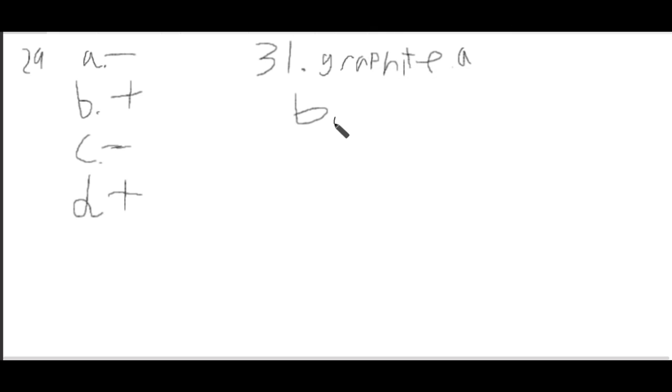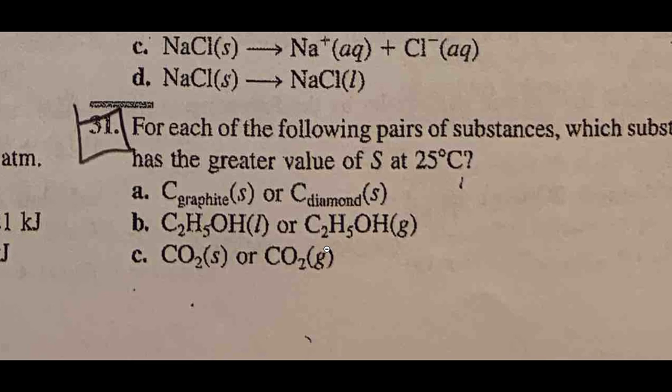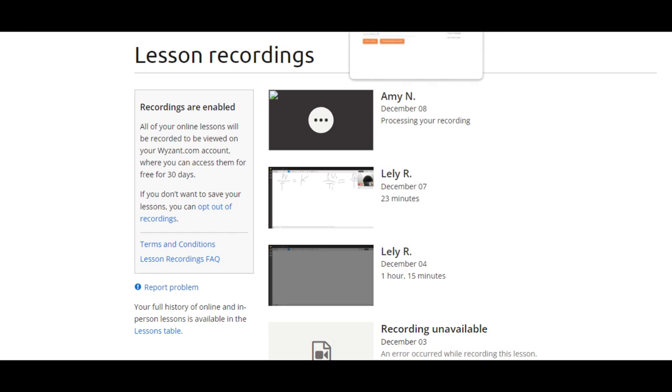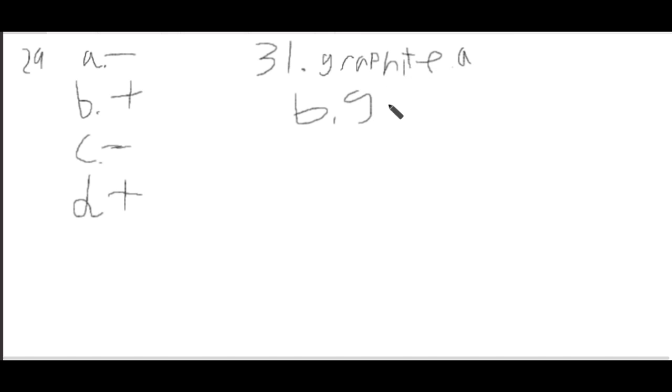And so for B, what gas is this? This is 2 carbon, so it's butanol, something like that. Not butanol, ethanol. This is ethanol. Ethanol vapor is higher entropy than